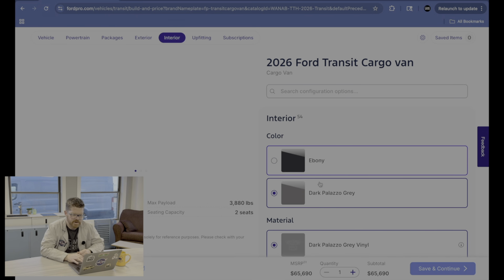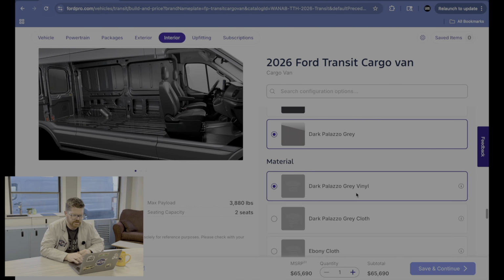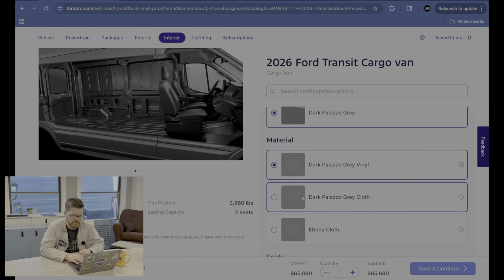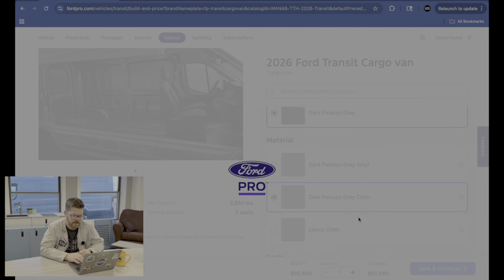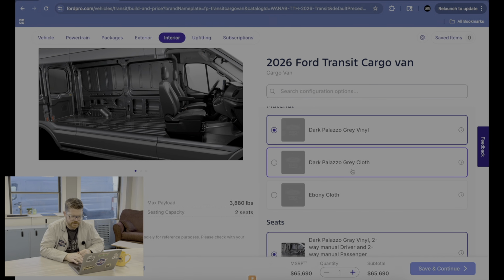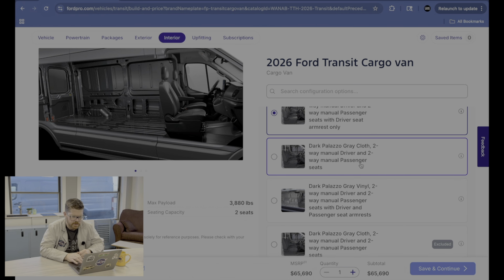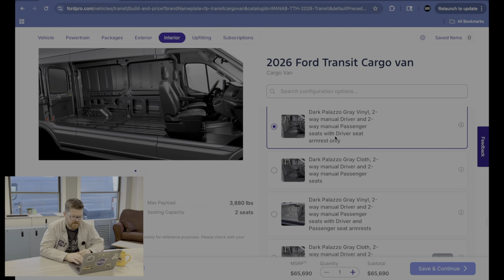So we have ebony seats or dark palazzo gray. I like the dark palazzo gray. It's just like a nice dark charcoal gray. But I do want them in cloth if I can. All right, here we go. So you can do gray vinyl, cloth seats, or if we scroll down here, we're going to get into our swivel seats, and this is what we really care about. Okay. So we have manual seats, manual driver passenger,